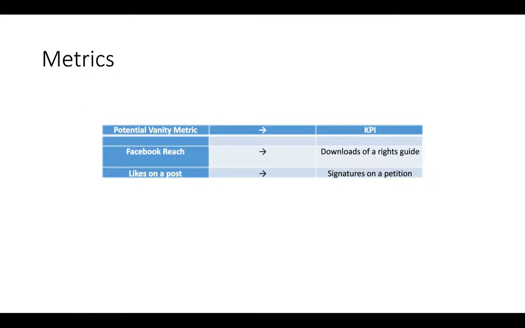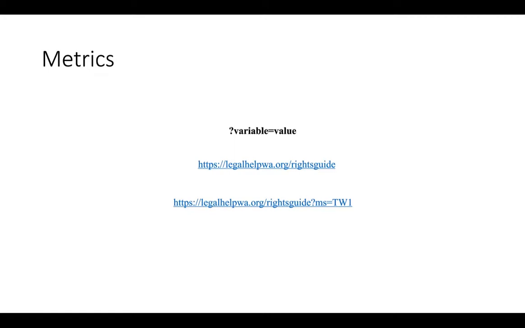One of the ways that we determine whether our efforts to move people from a platform to our conversion point are successful is to create a tracking link. Now, these aren't tracking links like Facebook like buttons, that gather all sorts of information about people. These tracking links basically just say, this anonymous person comes from tweet 1, and they downloaded the guide. And the way that we construct that is by adding to the end of whatever URL your download is at, or the page that you're hoping to get to people,